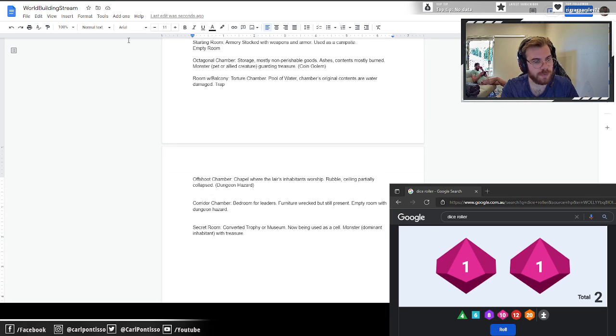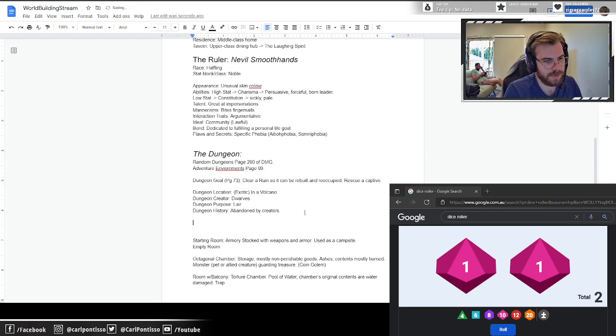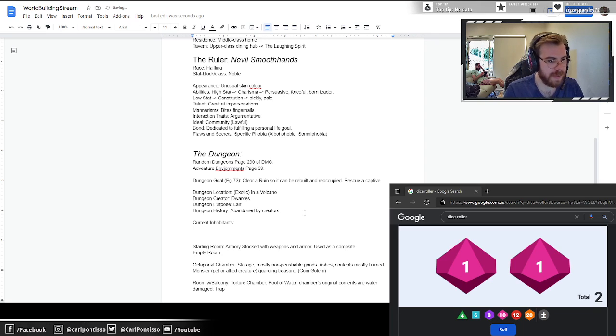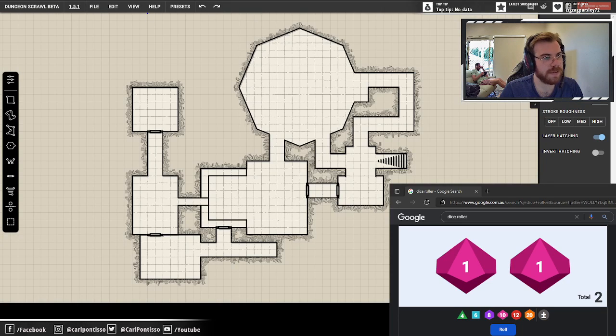So we know... Let's write this down. We'll start at the top. So, current inhabitants. What do we know about this dungeon? This dungeon was made by dwarves. It's no longer inhabited by the dwarves that made it. So this dungeon is probably old, ancient. We know that our inhabitants